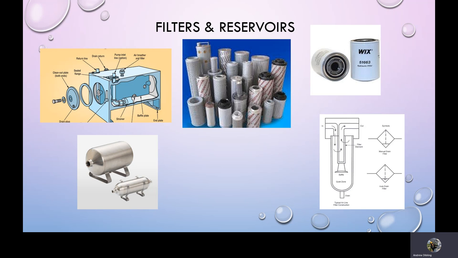The reservoir in a hydraulic system is much busier than a reservoir in a pneumatic system. As such, the filtering on a pneumatic system is literally the inlet filter to keep the compressor from being damaged, and then generally point of use filters from there on. So I would have a small filter at each machine in my pneumatic system, whereas in my hydraulic system, I would have a filter on the return side and probably a filter or a screen before I get the inlet